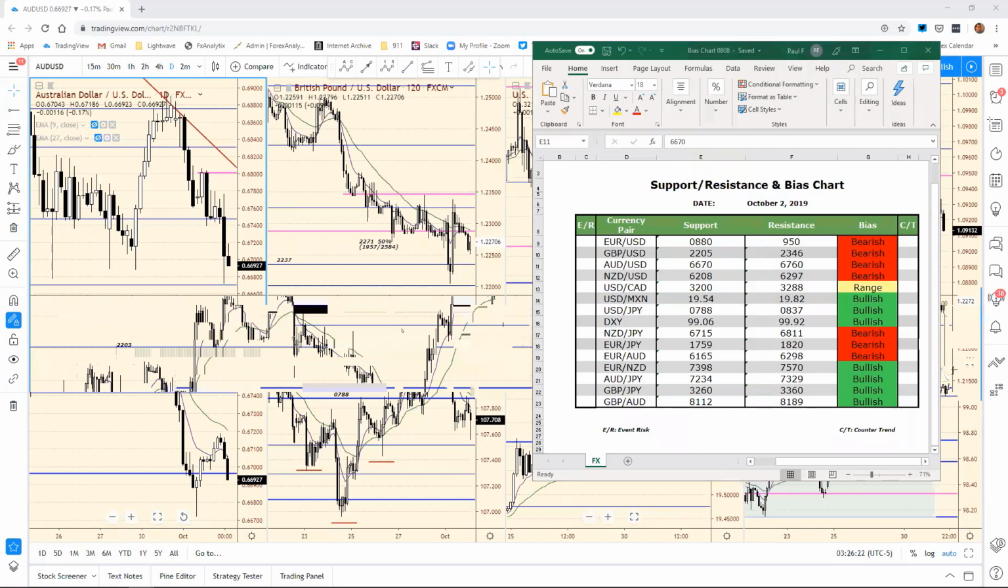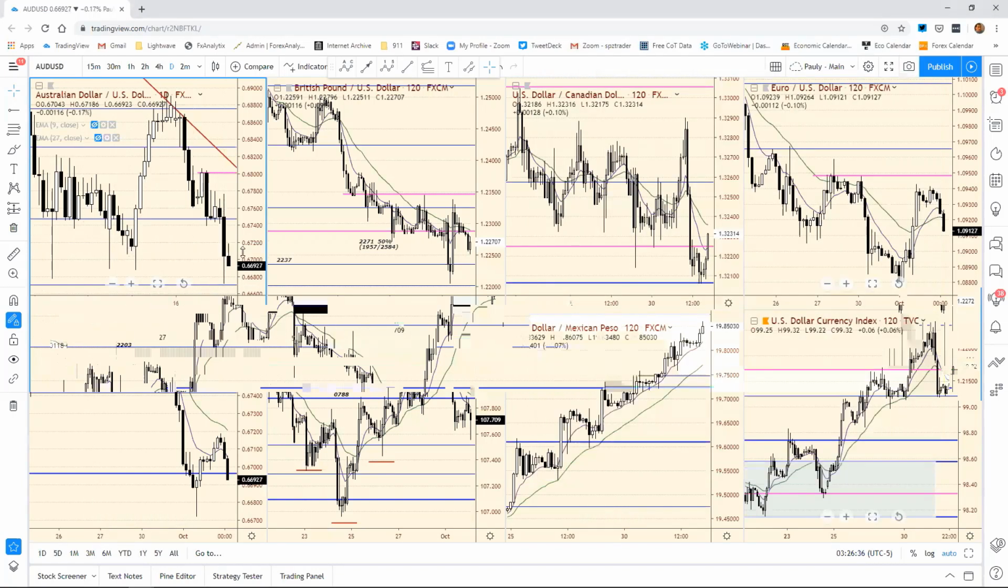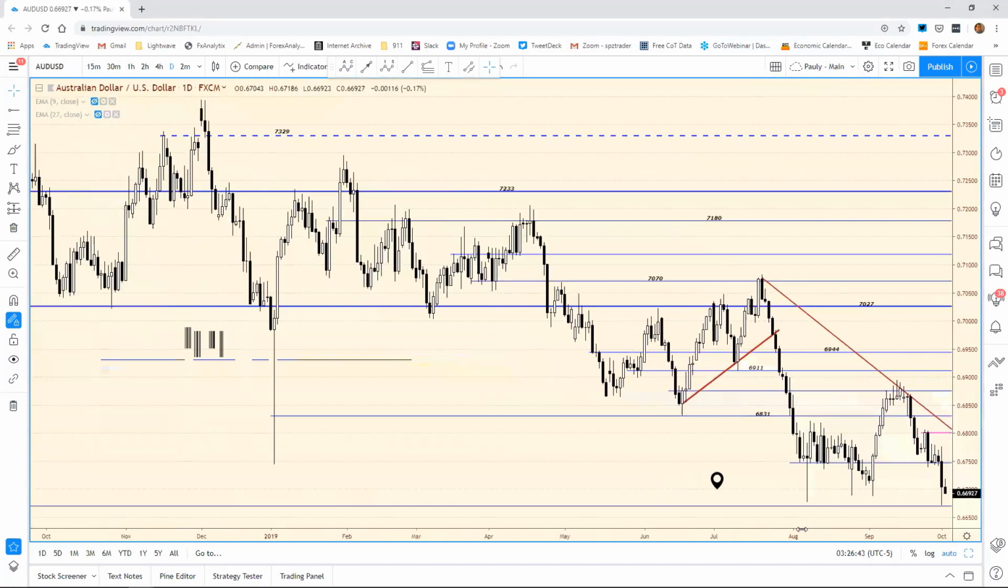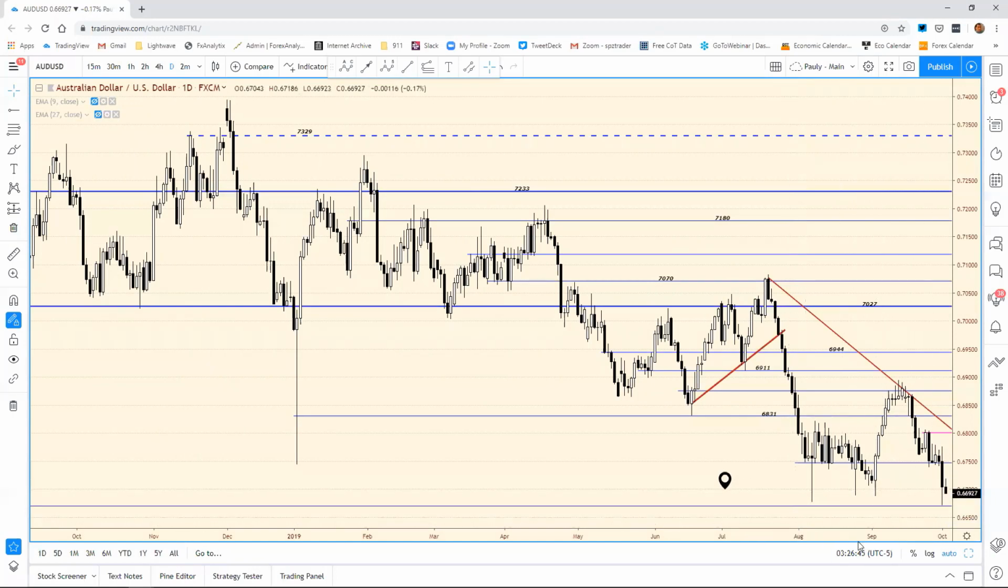And on to the Aussie. The Aussie defended the 66.70, finishing just above 67. Resistance comes in at 67.40 as some value in short covering should provide a bit of a bid, but I thought we'd at least see a little bit more short covering. The 66.70, remember, was that area that we thought would be almost like a secondary support in the Aussie dollar. And initially that held,